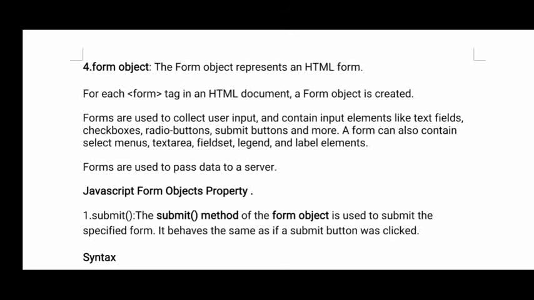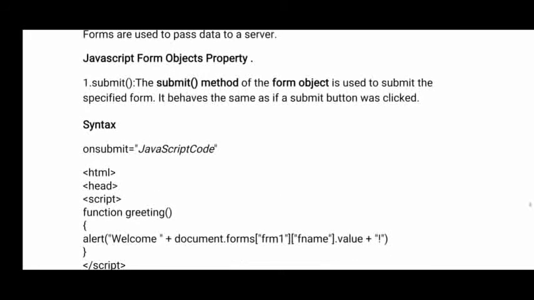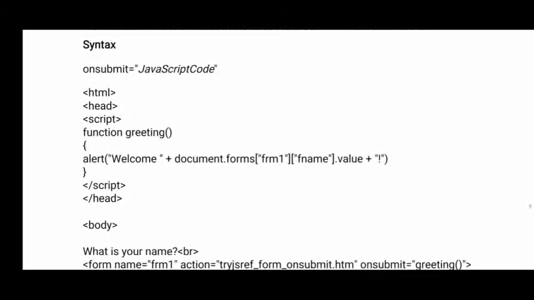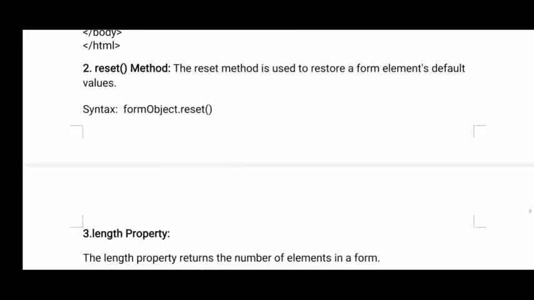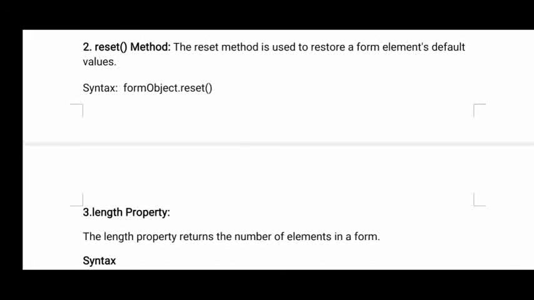Okay, so first we are discussing methods here. Submit method. See, after filling the data on the form, you will submit. So the data is submitted by using the submit method. When the user clicks on submit, whatever information you have filled in the browser window form is submitted to a server using the onsubmit method. Now reset method. What is the use of the reset method? Whatever fields you have entered previously will be refreshed. A new form will be displayed with fresh fields by using the reset method.